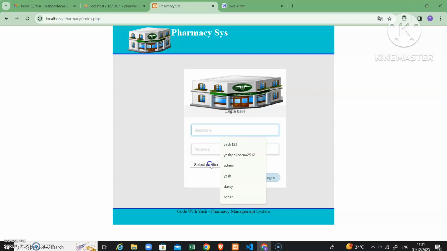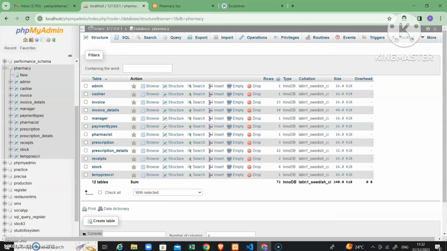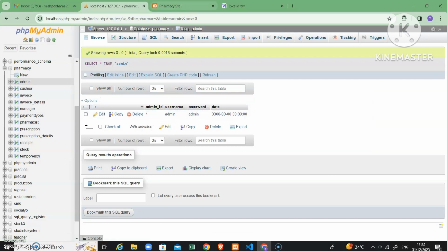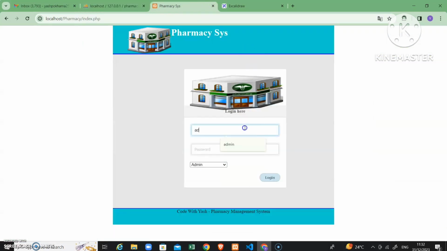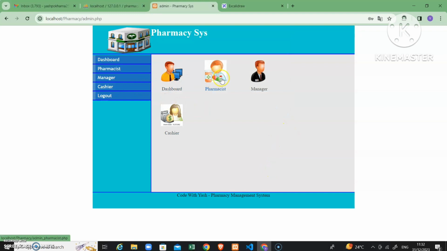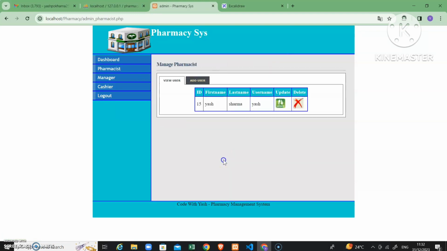So first we will log in to the admin panel. As I said earlier, admin can insert a new pharmacist, manager or cashier. Let us insert a new pharmacist.